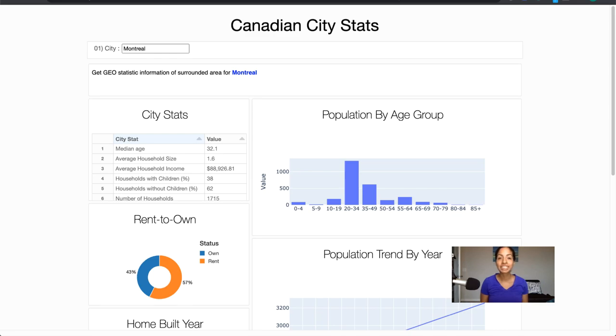Are you looking to get information on Canadian city stats? Maybe you're looking to get trends on population growth, or rent versus own, or maybe construction detail. Well, I'm going to show you how to do that using the Realtor API provided by API Dojo, specifically for